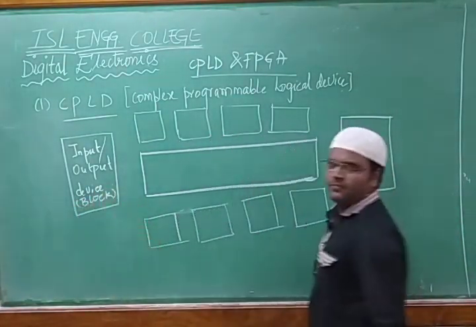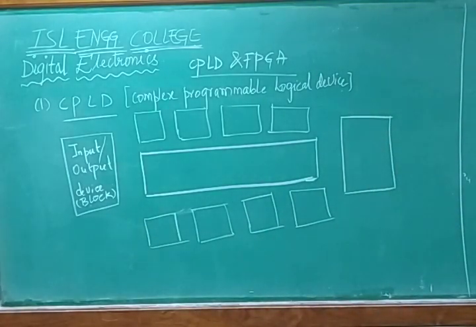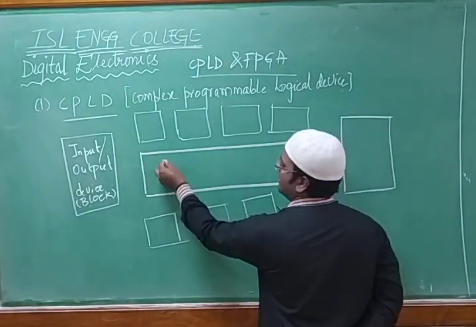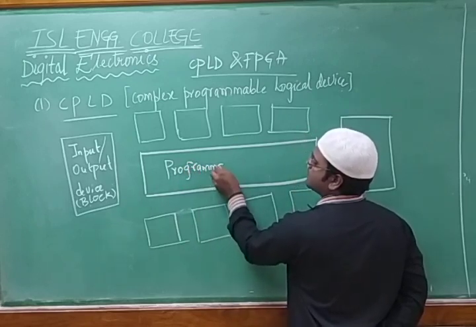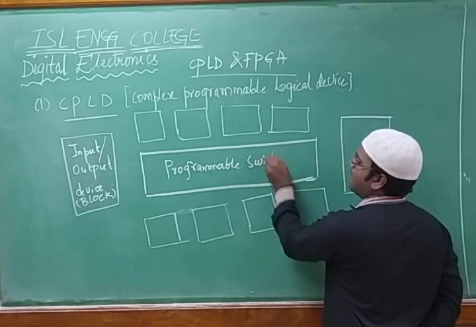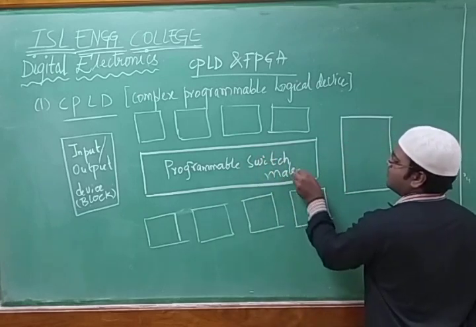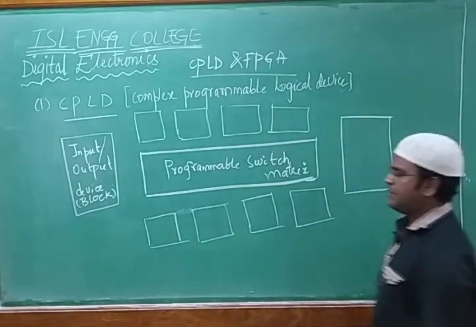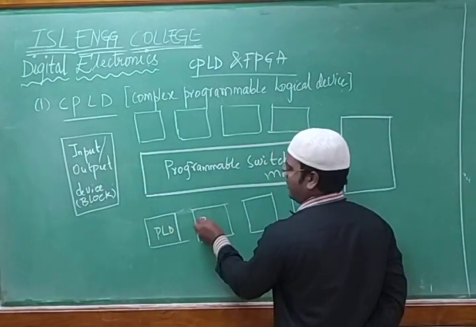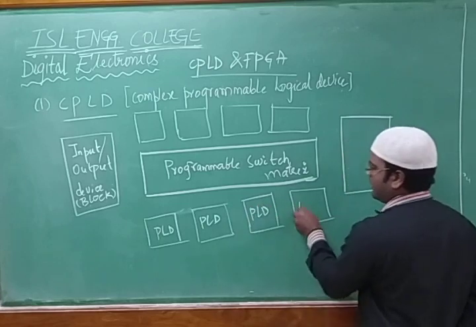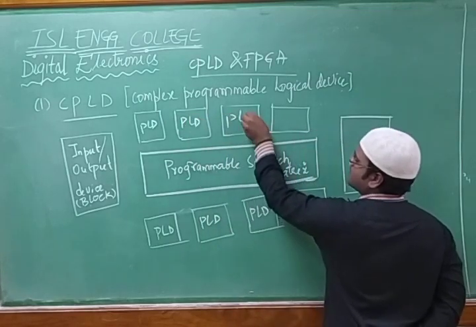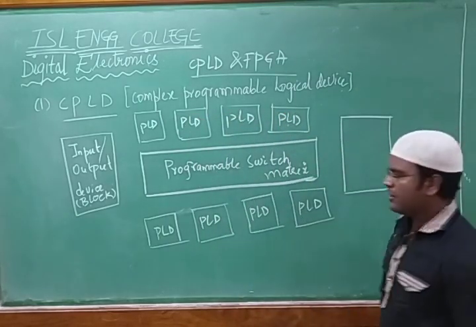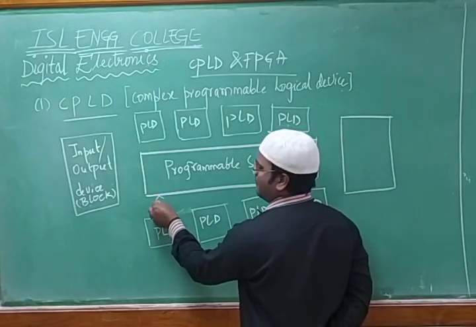Next it consists of the PLDs and it consists of a programmable switch matrix. Internally, in the middle, this is called the programmable switch matrix. For what it is useful, I will tell you. So these are our PLDs. It is going to interconnect with your PLDs. So you can connect these number of PLDs at a time, right? It is going to give the connections. So it is going to interconnect with the PLDs in this way.